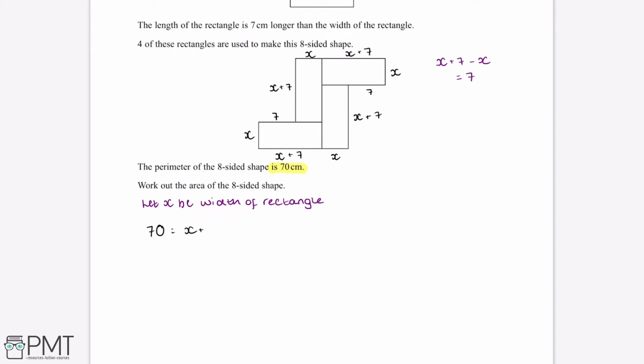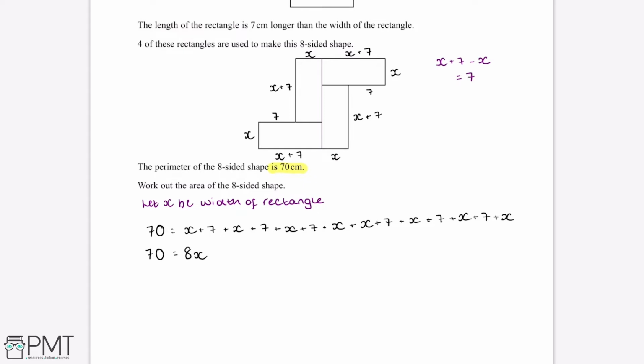plus 7 plus x plus 7 plus x plus 7 plus x plus x plus 7 plus x plus 7 plus x plus 7 plus x. And now what we want to do is simplify down all the x terms and then simplify down all the numerical terms. So if we count the number of x's we have 1, 2, 3, 4, 5, 6, 7, 8 x's. So 70 will be equal to 8x